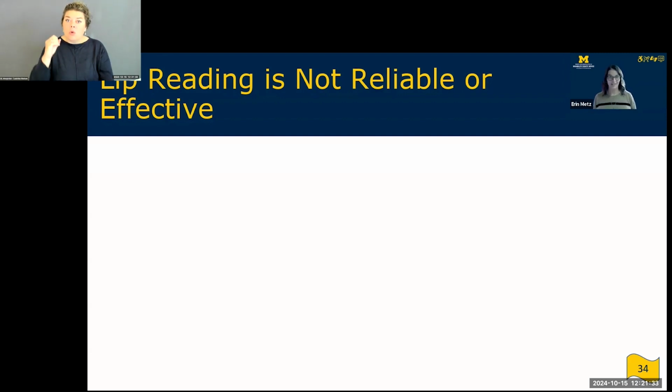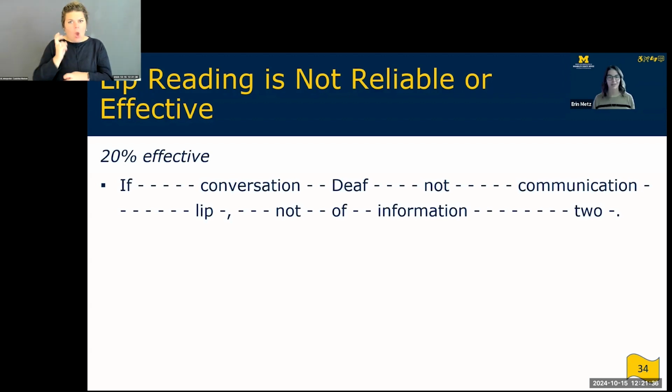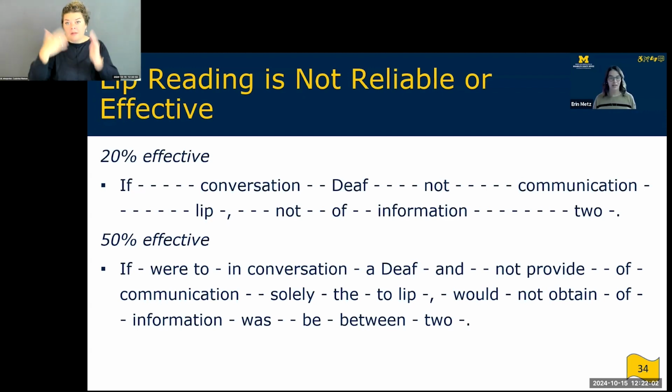Because a visual of 10% was very difficult to create, we're going to take a quick look at what 20% accuracy looks like. Here we have a handful of words mixed in with a bunch of dashes, and each of those dashes represents a missed word. It's highly unlikely in this 20% example that the person receiving the message would be able to comprehend it. In this next example, we're simulating 50% effective lip reading. Here we have a lot more words that were able to be received, but still a lot of dashes where information is missed.